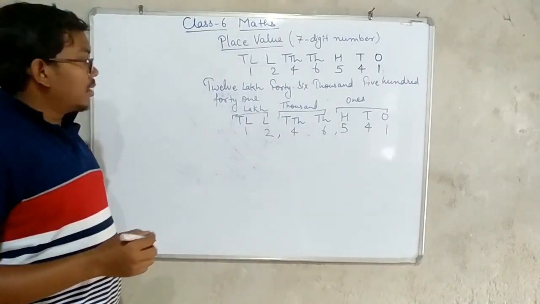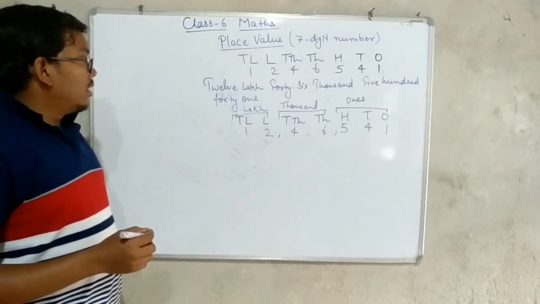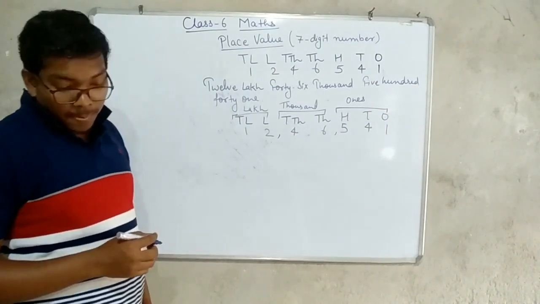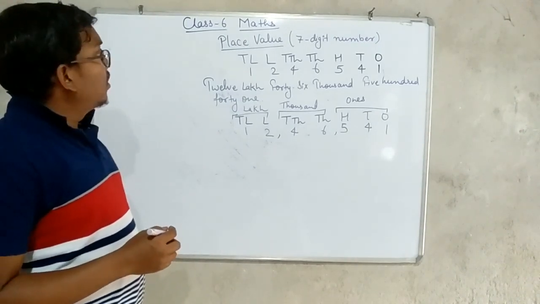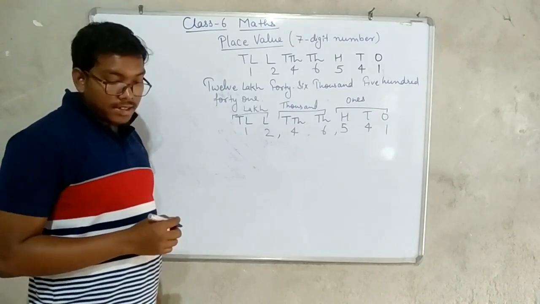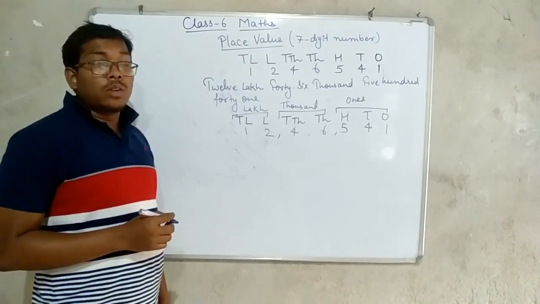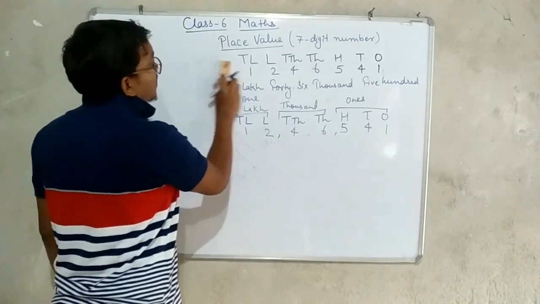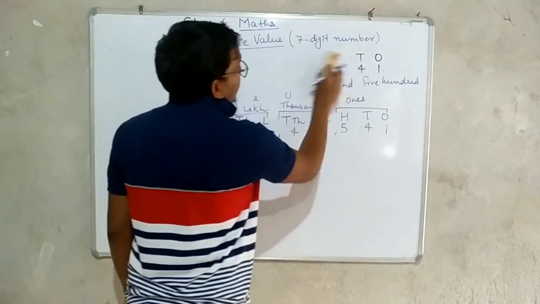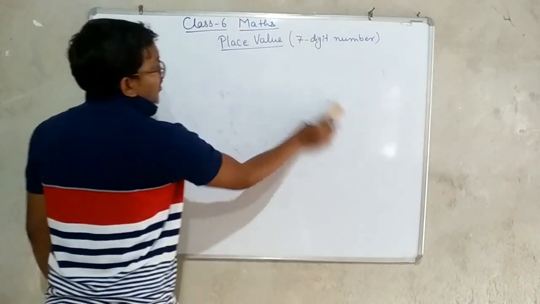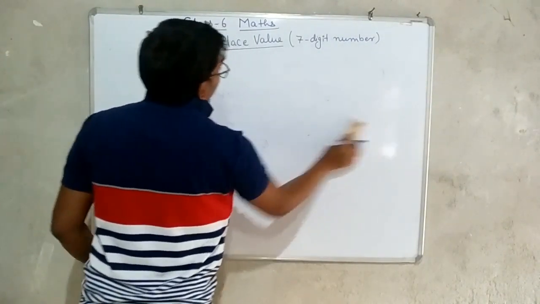So we will read this number. It's 12,46,541. So in this exercise, we will learn the place value of 7-digit numbers and also use it to represent different things. Now we will come to the question. So for example, if there is a question,